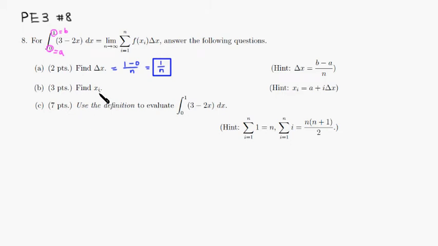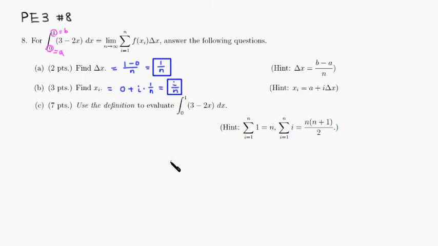Part B, xi. xi is a plus i delta x. So this is going to be a, which is 0, plus i times delta x. Delta x is 1 over n. So therefore, 0 plus i over n. So it's i over n. So that's